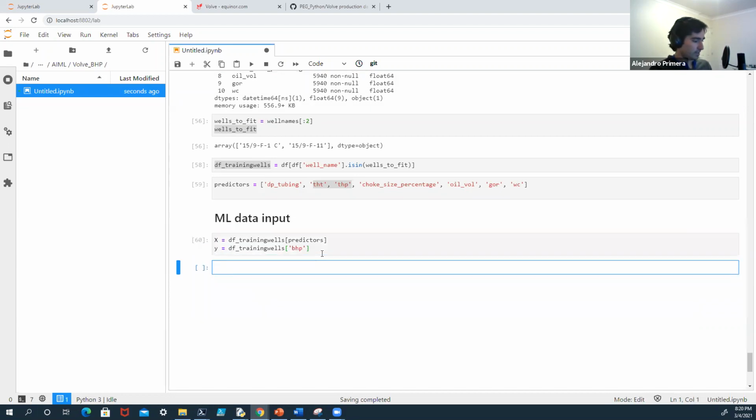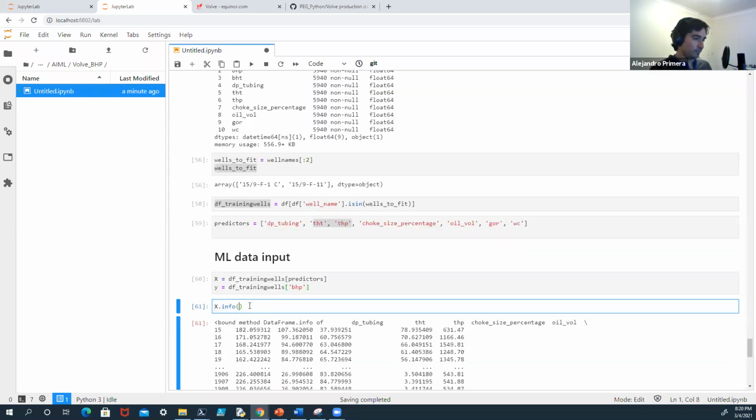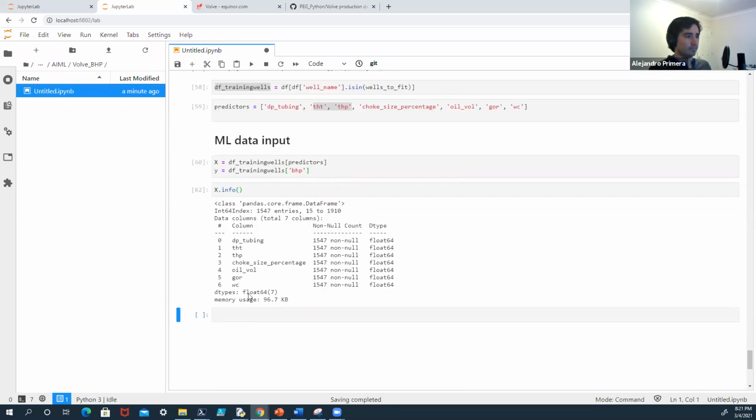So if I run that, and if I show you x.info, it has only these variables: DP tubing, tubing head temperature, tubing head pressure, choke size. I removed dates because I'm not going to use dates as a predictor. I'm assuming that the behavior of a well in a particular moment is independent of the behavior of a well 2 days before, and of course we can argue that that may not be the reality,